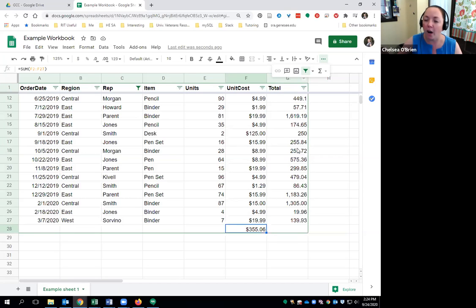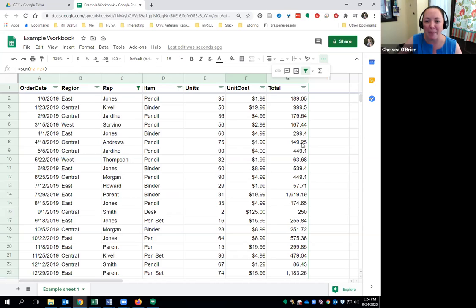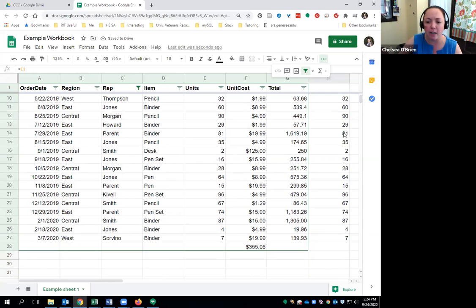We can also do other things that automatically happen within this sheet. Say we want to mirror everything that's happening in column E. We can say equal to this cell and hit enter, and that's going to happen. But if we wanted the entire column to mirror column E, now this little blue box here in the corner, we're going to double tap that. And that formula is going to fill for the entire column.